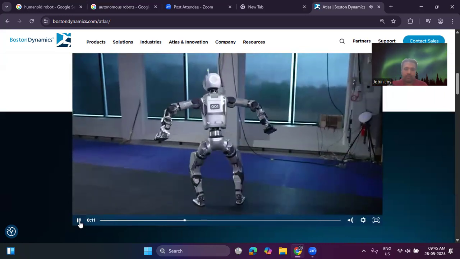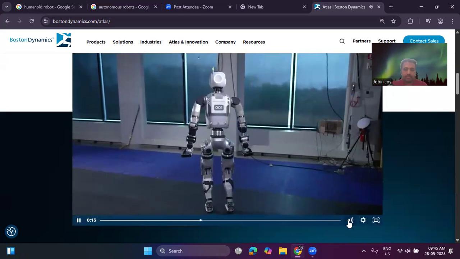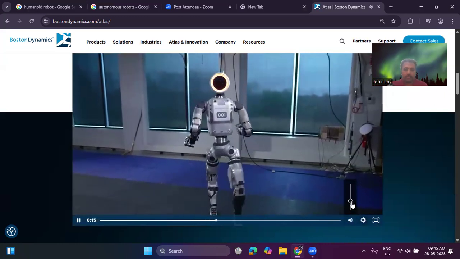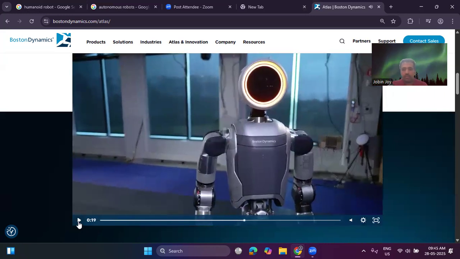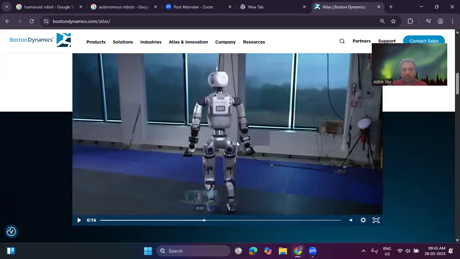The robot will be able to walk like human beings. This is one of the characteristics of humanoid robots, bipedal locomotion. And in this video, you can see